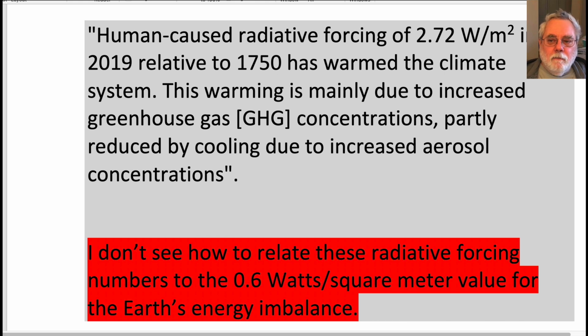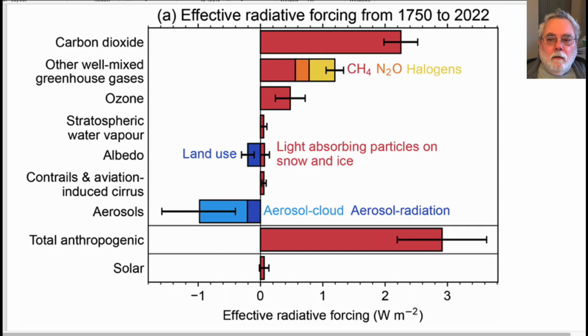Human-caused radiative forcing of 2.72 watts per square meter in 2019 relative to 1750 has warmed the climate system. This warming is mainly due to increased greenhouse gas concentrations, partly reduced by cooling due to increased aerosol concentrations. I don't see how to relate these radiative forcing numbers to the 0.6 watts per square meter value for the Earth's energy imbalance. Here is a 2022 breakdown of radiative forcing